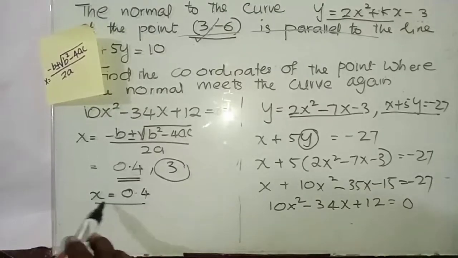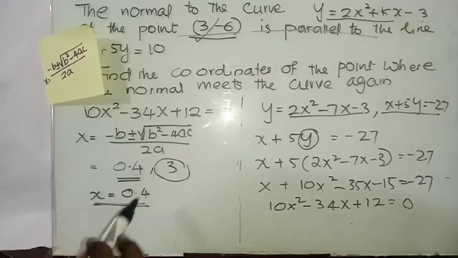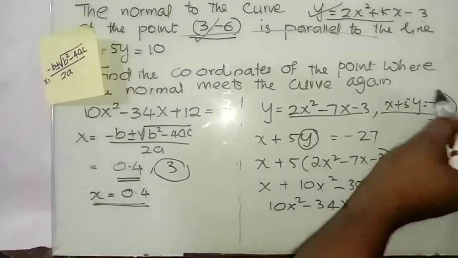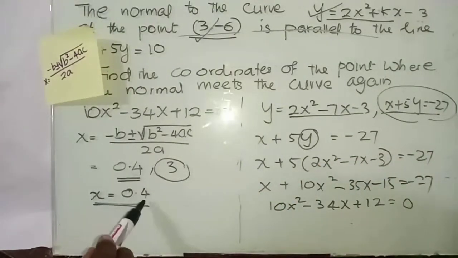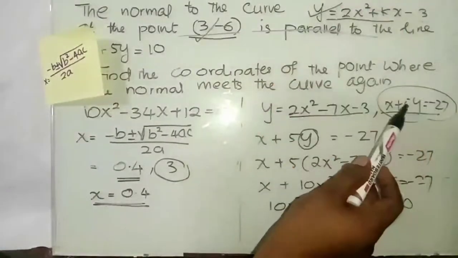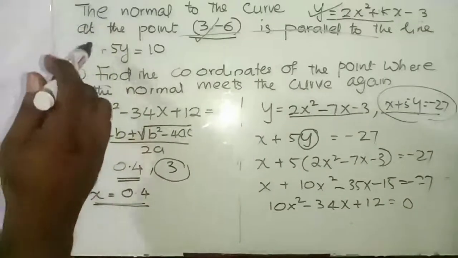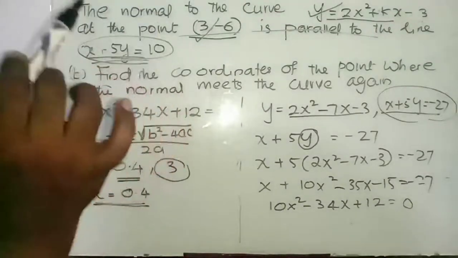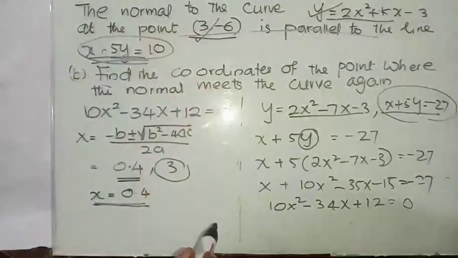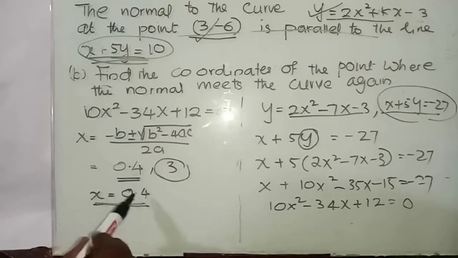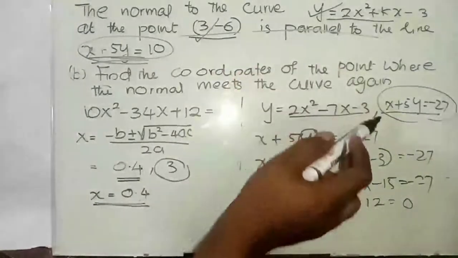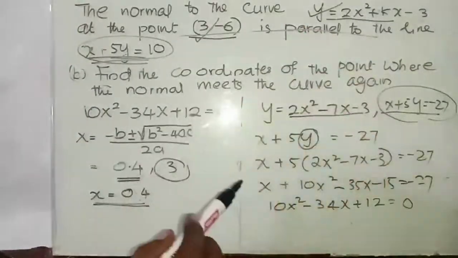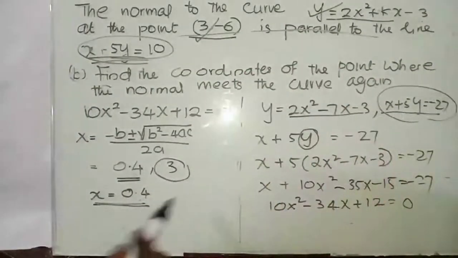Now substitute this x either in the equation of the curve or the equation of the normal. Substitute x is equal to 0.4 in the equation of the curve or the equation of the normal, but not in this equation. Don't substitute in this equation, because this is not the line which passes through the curve. So substitute x is equal to 0.4 in any one of these equations, because this point is formed by the joining of these two equations, curve and straight line. So when you substitute in this, we get